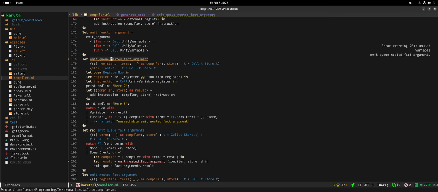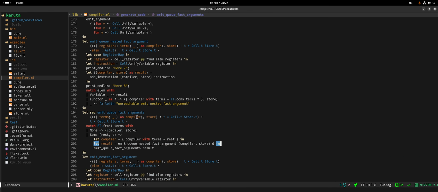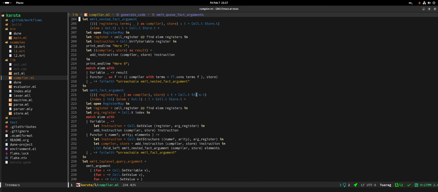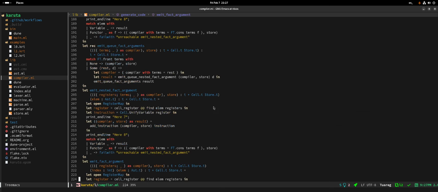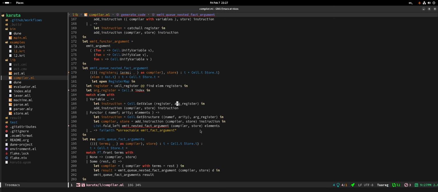Yeah, that's what I'm talking about. Okay, and what am I going to copy paste? Which body should I copy first? You said it's a mix between nested fact argument and fact argument, right? Right, grab the fact argument first. Okay. We don't have an index though. Actually, I misspoke. We just need a functor from this.